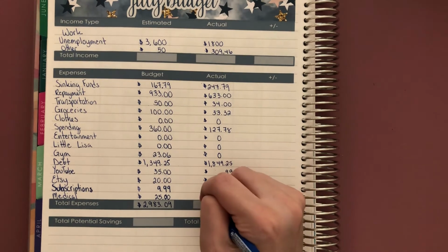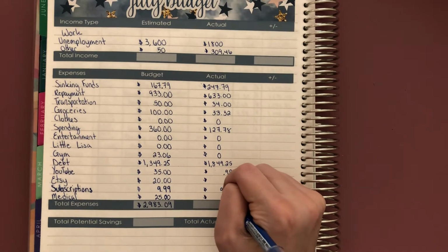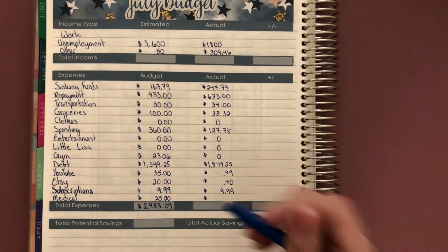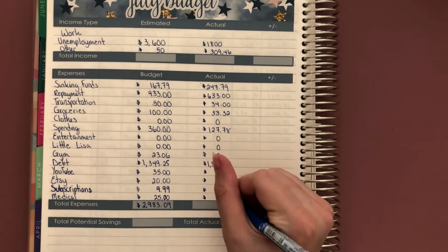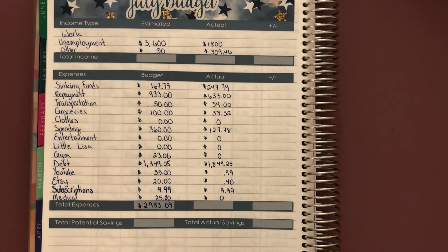And medical, I didn't end up making an appointment. I did kind of have a scare that I may have COVID, and so I held on to that in case I needed to make an appointment if my tests were positive, but they were negative, thankfully, and so I did not have to make an appointment, and now I'm feeling better, so all is good. So that leads my total to be